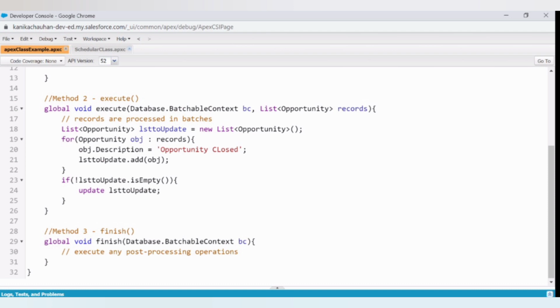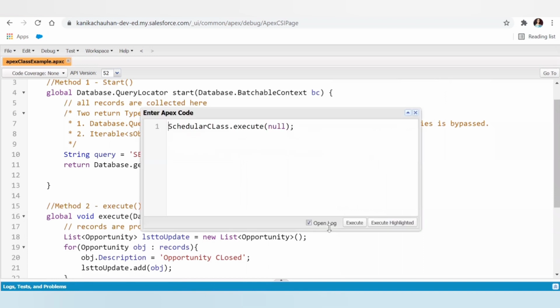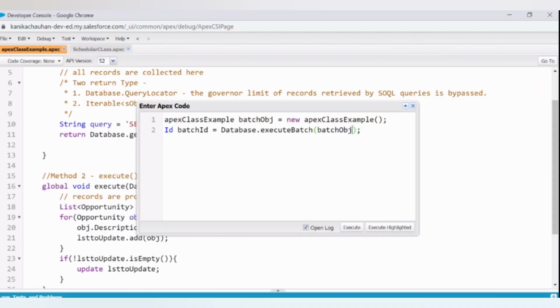Now the question comes: how to run this batch class? Let's see how we can do this. From the anonymous window, first we create the instance of our batch class, and then we call the Database.executeBatch function, and in this function we pass one parameter, that is the instance of our batch class.